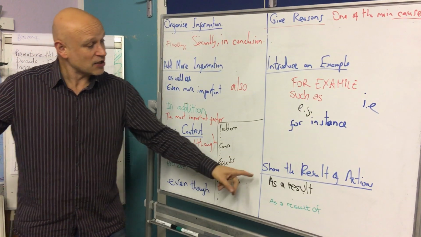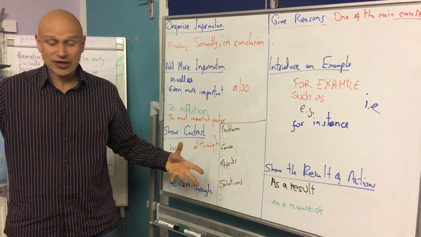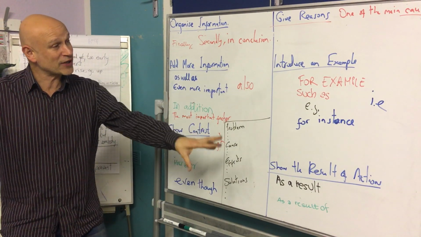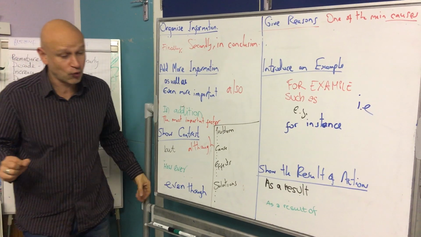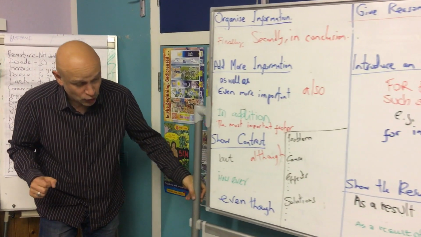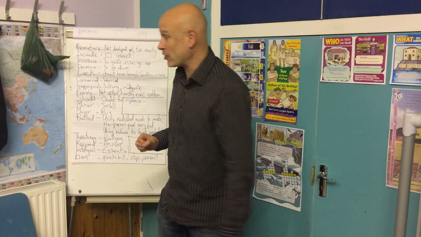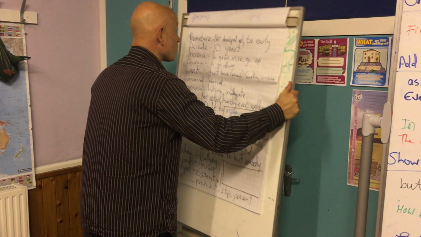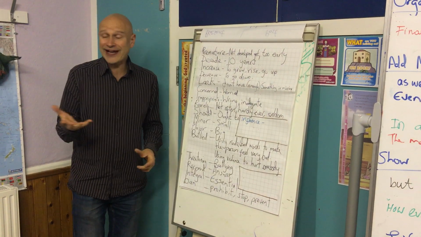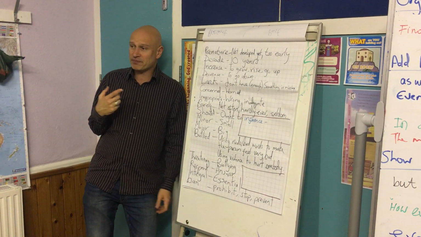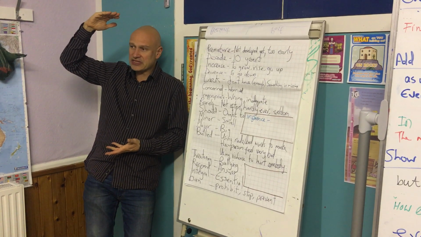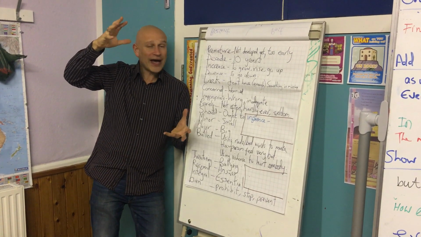And finally, when we want to show the result of an action, we'll use as a result or as a result of. Next week, we're going to add a little bit more to this board. We also do a little bit of new vocabulary, and this was really important because we did quite a detailed piece of work today, and without knowing this stuff,